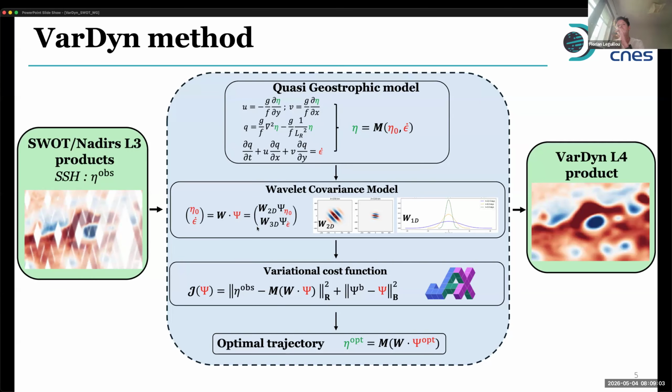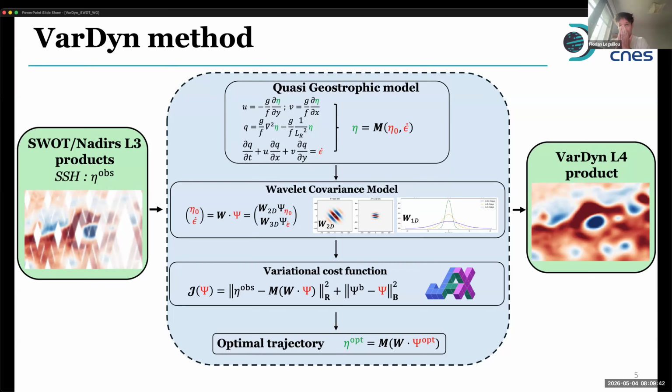Then one main aspect of the VarDyn method is to use reduced spaces in order to reduce the number of degrees of freedom. Because here it's 2D in space, and the fluxes are 3D, space plus time, so you have many degrees of freedom. So the idea is to use a wavelet basis to project this physical field into a latent space and to perform the assimilation in this reduced order basis. So basically, it's the same